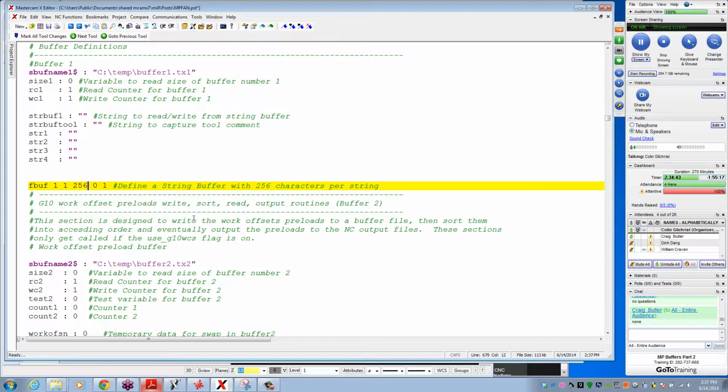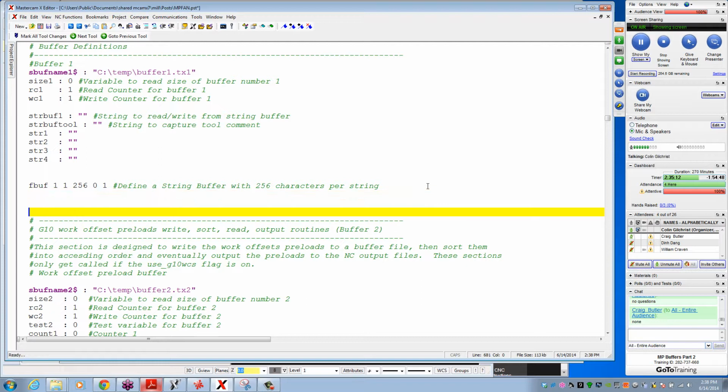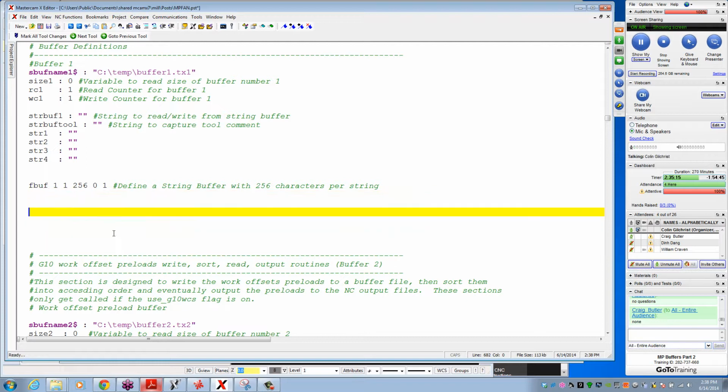A good practical limit here is either 128 or 256 characters. It's going to be pretty rare for you to have over 256 characters of data per line. I have seen some that go out pretty wide. Now, as you get into building string buffers, this doesn't really have to do with buffers themselves per se, but if you do string concatenation,